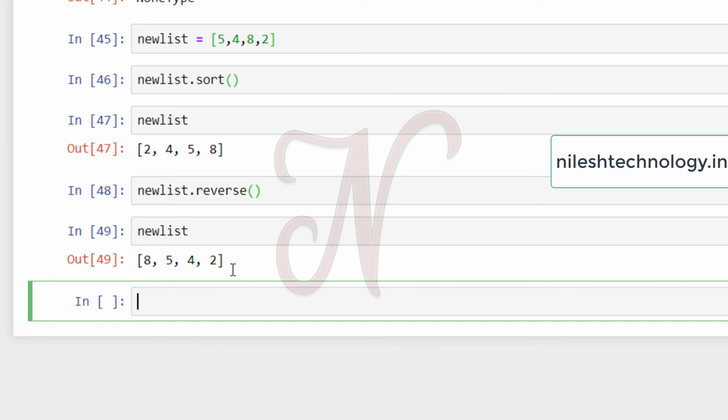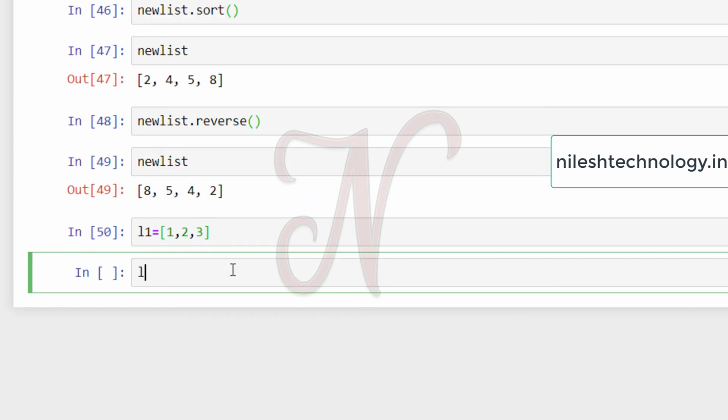The next topic is the nested list. Nesting means defining one list inside another list, and then it's called a nested list. See here, I can use three lists. My first list is L1, with values 1, 2, 3. Then L2, 4, 5, 6.